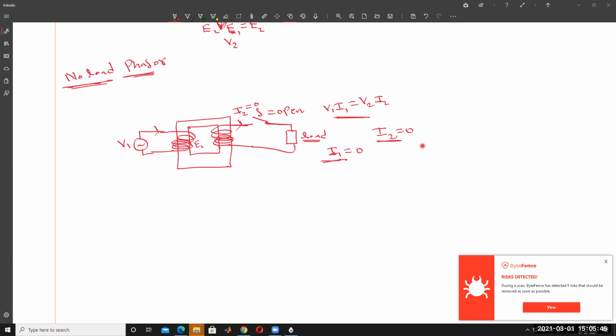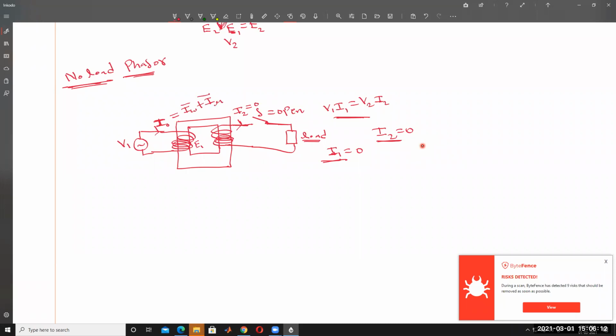So that current, and also the winding having some resistance. So that winding and magnetizing current, because of that, a small amount of current called I naught is developed in the transformer on the primary side. I naught is a combination of a wattful component and a magnetizing component that is called IMU.